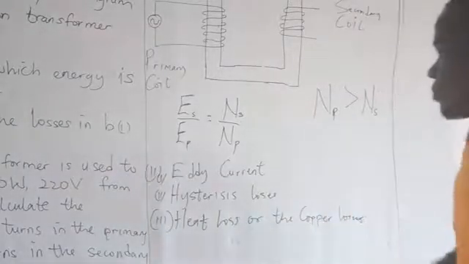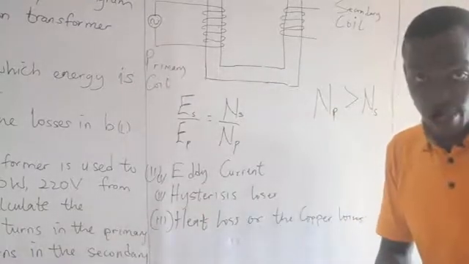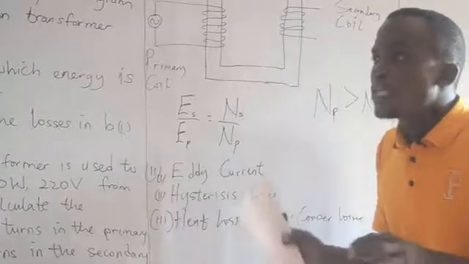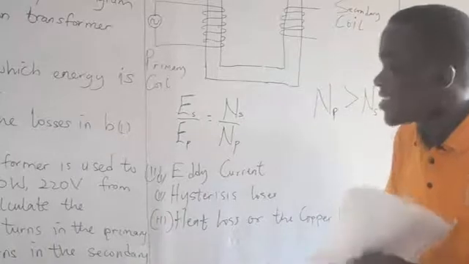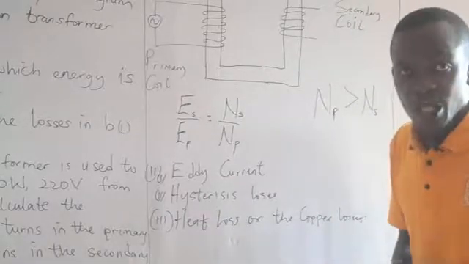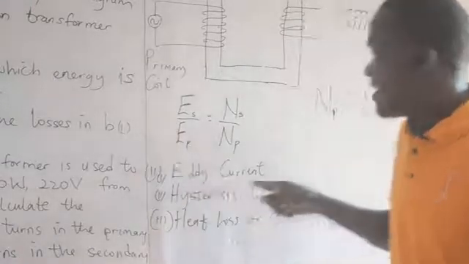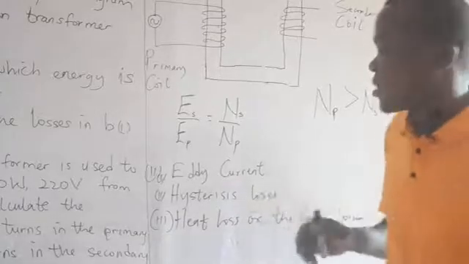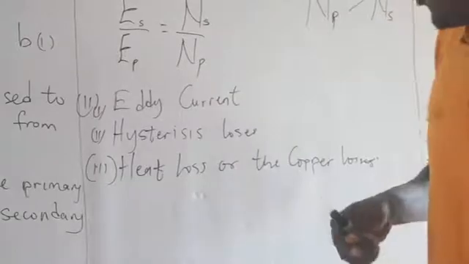Now, this is the eddy current loss. And many of us know what eddy current is all about. We know very well that eddy currents always occur in circular paths in most machines. And you are being told that during this process of eddy current loss, the best way to give a remedy to this loss is to what? Is to laminate the core. To laminate the core.